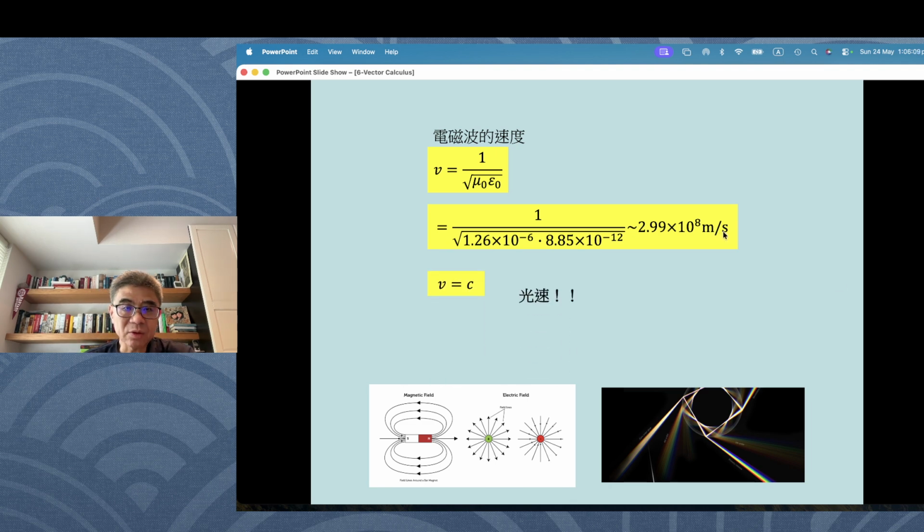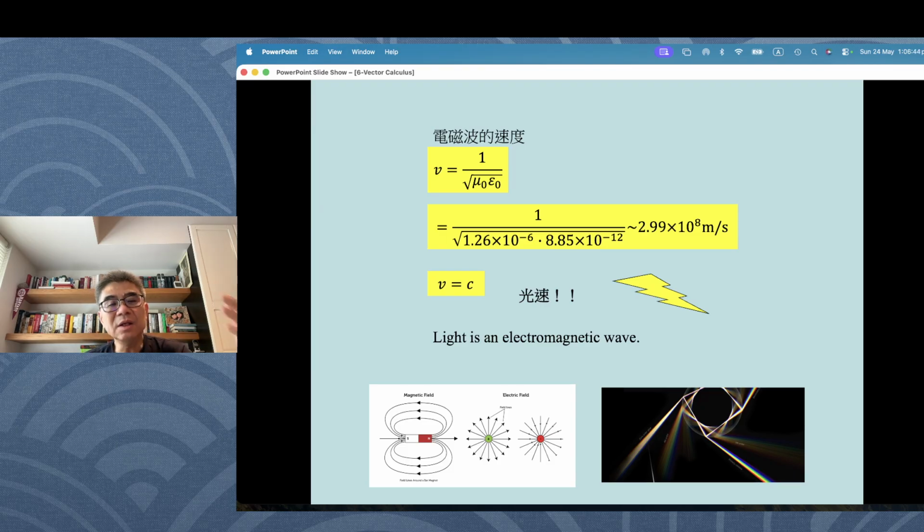So everybody could see it is actually the speed of light. So by a single stroke, Maxwell derived that there is a certain wave that could travel through the vacuum without anything in the medium. There is no medium. Before, all waves had a medium in that place. But for electromagnetic wave, we don't need a medium. It is actually